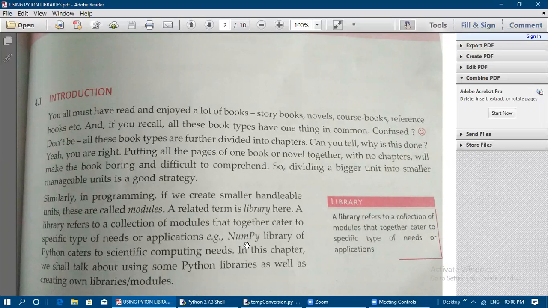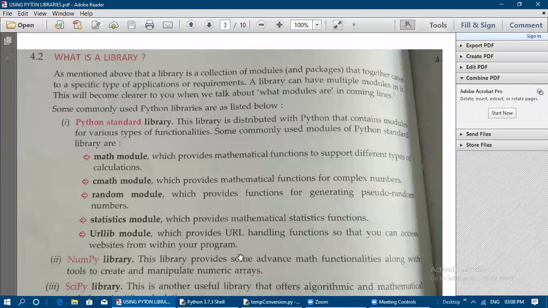For example, the NumPy library of Python caters to scientific computing needs. So it provides a service for scientific calculation needs, and we can make use of the NumPy library modules. In this chapter, we will talk about using some Python libraries, as well as how we can create our own libraries and modules.